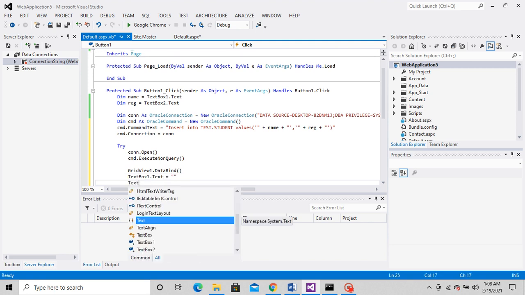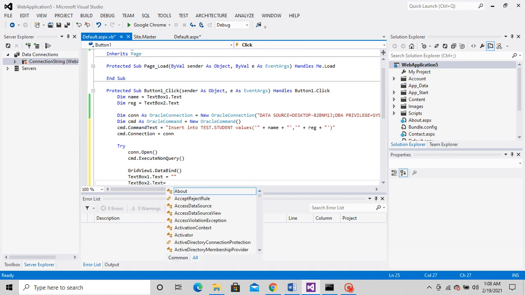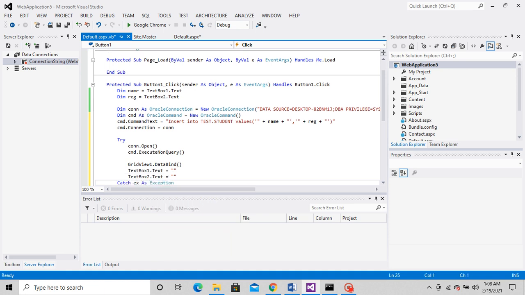What I'm trying to do here, you can see, is GridView1.DataBind. I wrote it so that immediately after insertion, it should be updated in the data grid also. I just wrote the code like this so that it is easy for you while you're doing your project. You can also do the same thing, so while inserting itself you can display it.